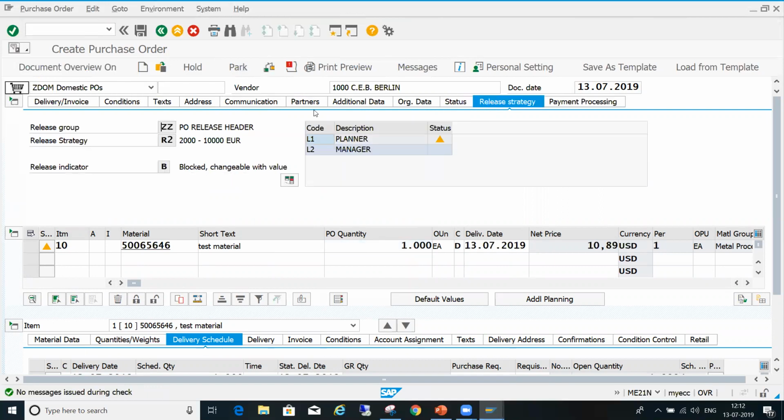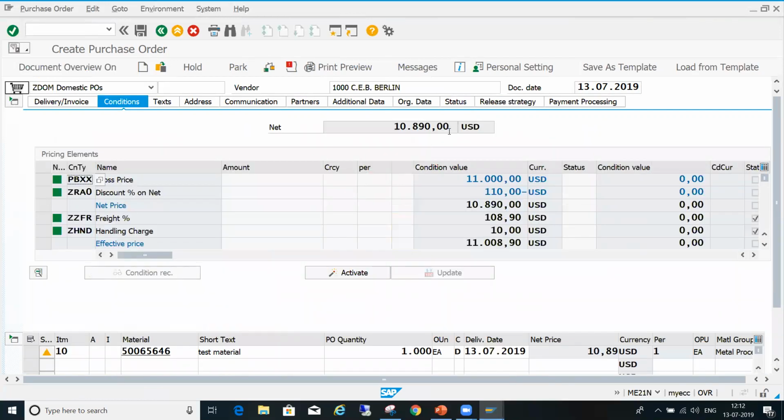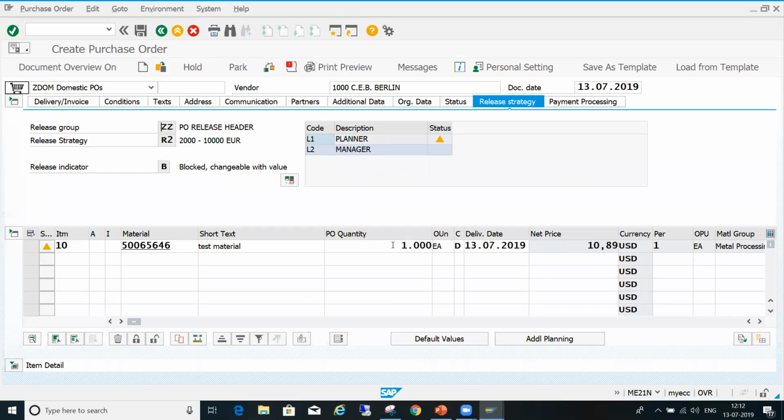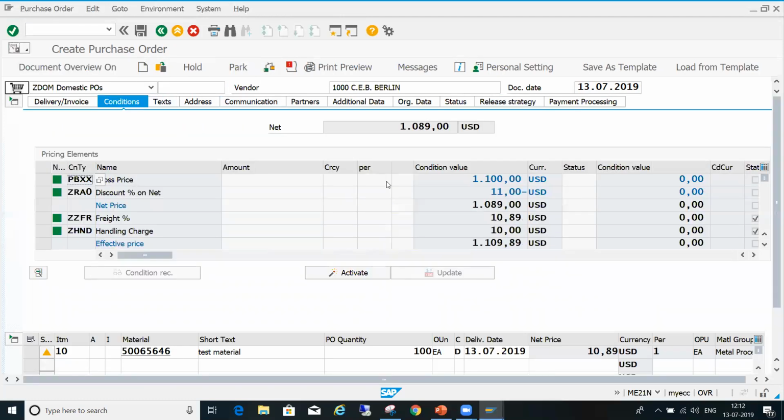Two levels is there, it is 11,000. Now at one level, what is the value? 1000. You save it.